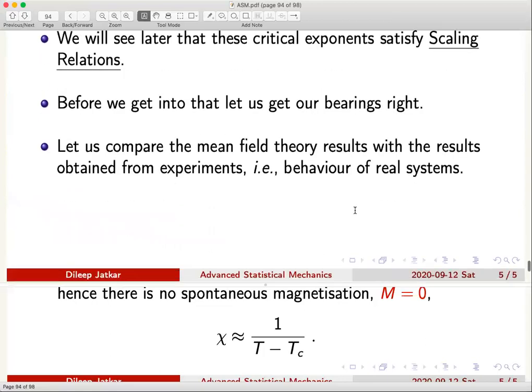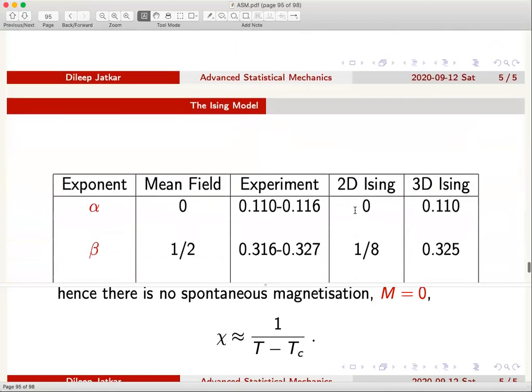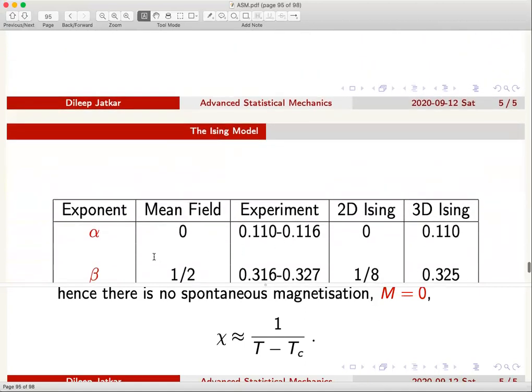So let me show you the table. Here are the main critical exponents that we will see. Remember there is an alpha and alpha prime, gamma and gamma prime. I'm not going to look at all of them, but suppose you look at alpha. This table I have taken from Goldenfeld's book. In fact, I can tell you the page number. I have just directly lifted it from there. It's page number 111 in Goldenfeld's book.